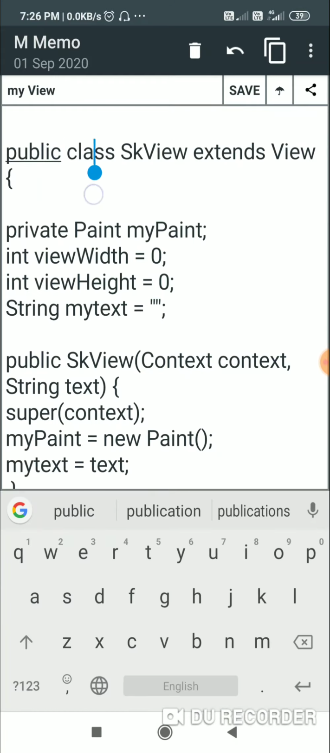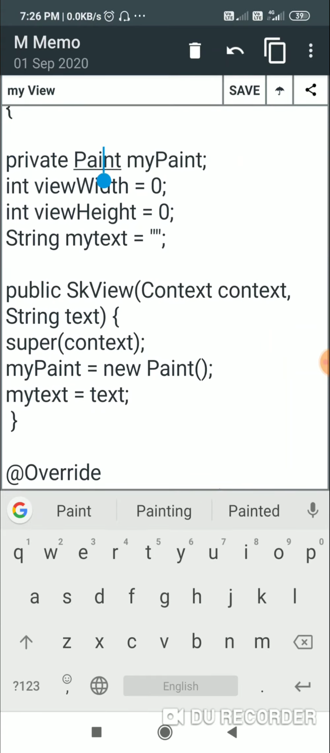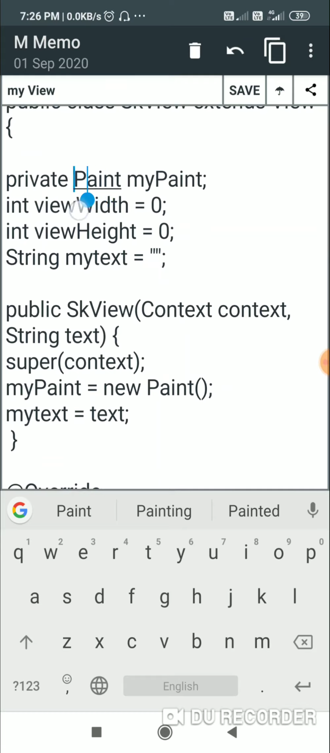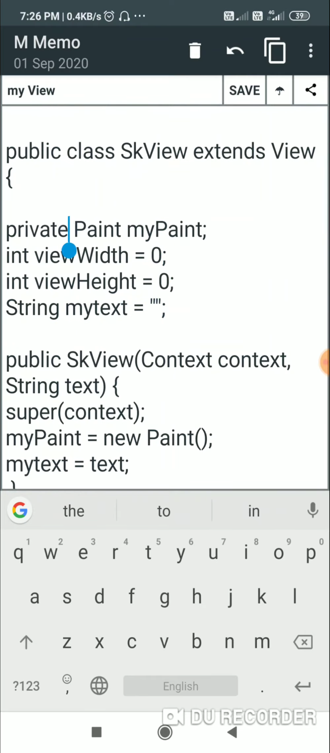Like here I have created public class skView. This is the name of the class. Extends view. Since this class will be a view, I write extends view. Now inside this I have declared these four variables. First one is a paint variable called myPaint, then there is int variable view width and int variable view height, and then there is string variable myText. I have set view width to 0, view height 0 and myText to empty, because this is only declaration of